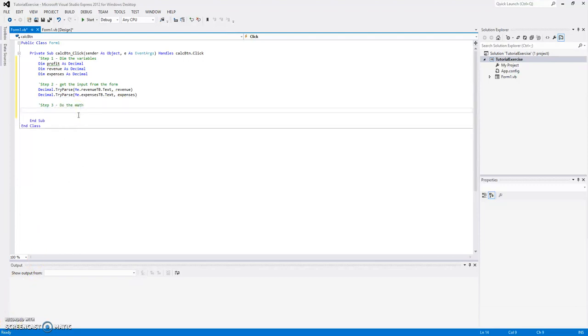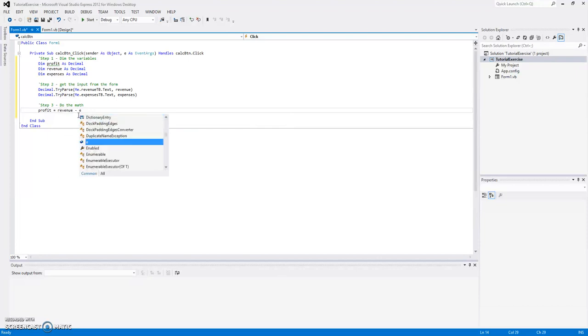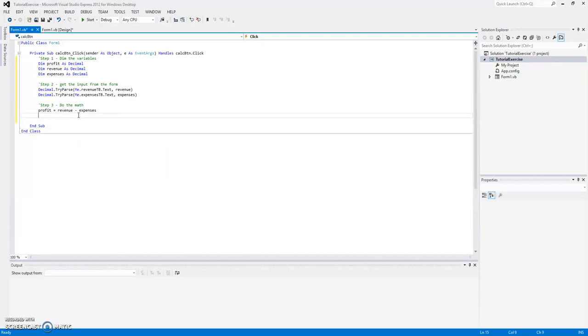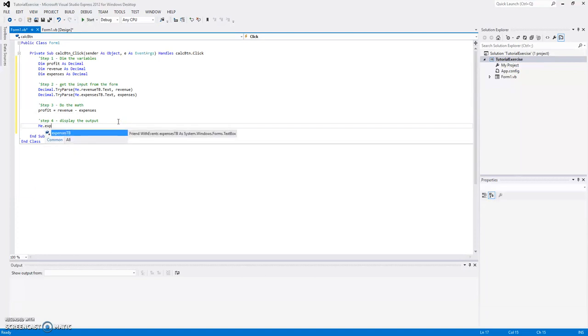do the math. So profit is going to equal revenue minus expenses. Okay? And step 4 is display the output. Okay? And all we do is this. We say me.expenses, actually profit